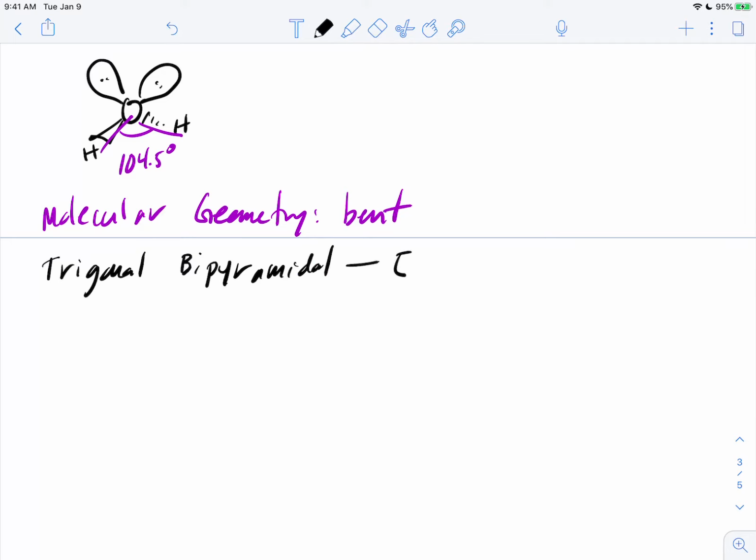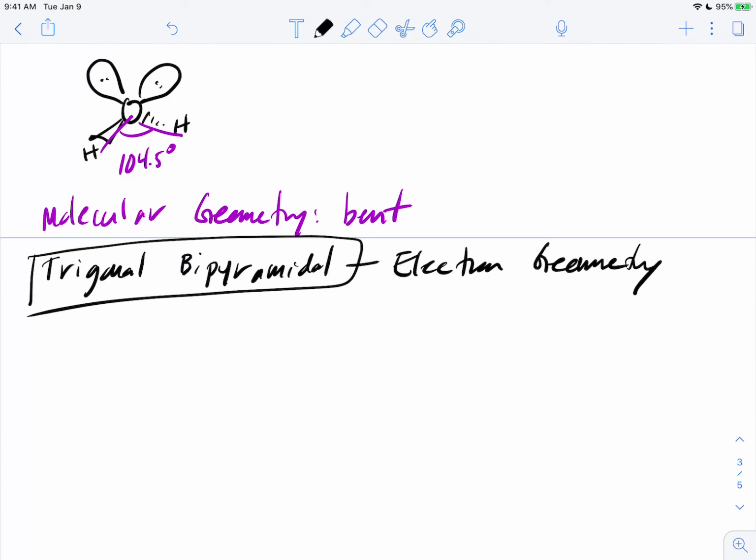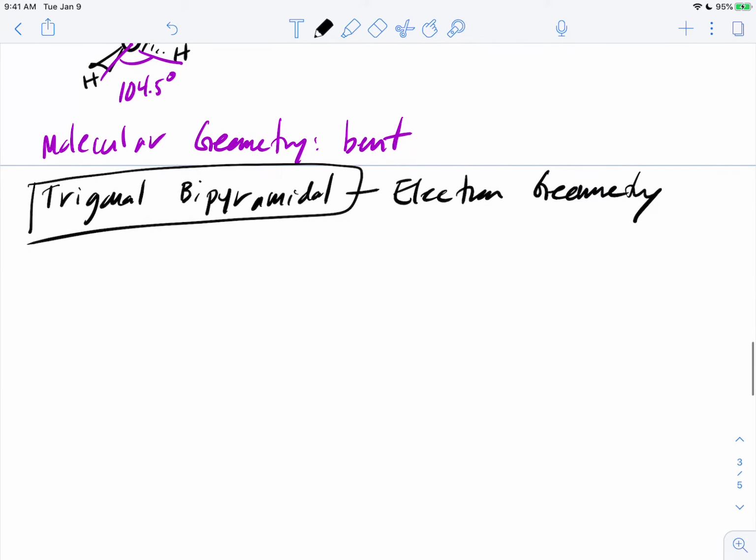And this is the electron geometry. So for this electron geometry, notice that for the trigonal planar, we had one. When we increased to the tetrahedral, we had two. We're going to have three different molecular geometries here. So we'll start off with